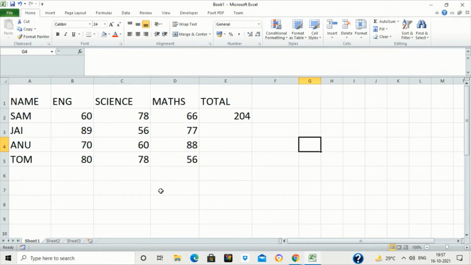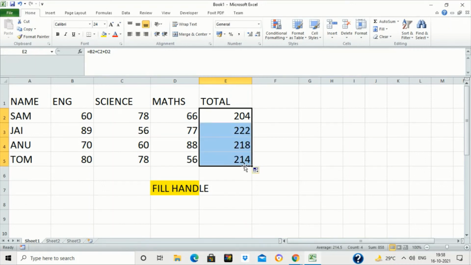This is called the fill handle. This is on the lower right corner of the active cell. When you place your mouse pointer on that rectangular box, the fill handle, the mouse pointer will change to a plus sign like this, and then press the mouse button and drag it down. This is used to copy the formula to other cells.